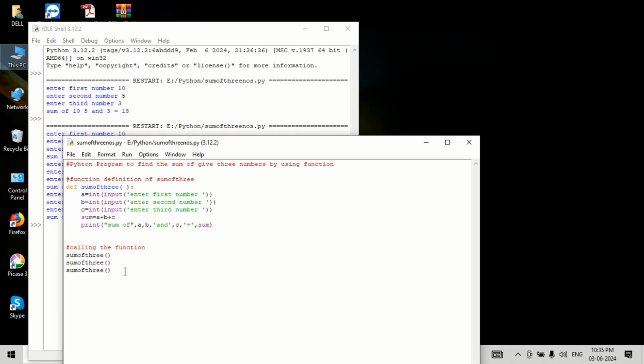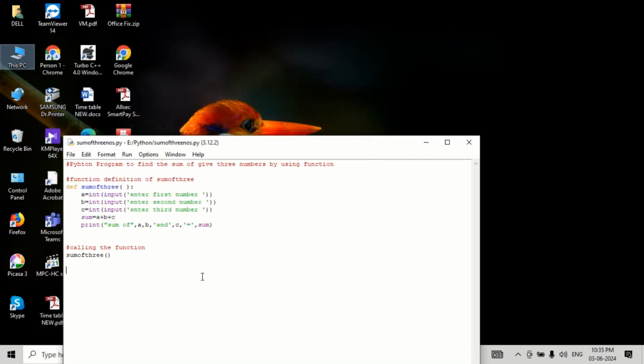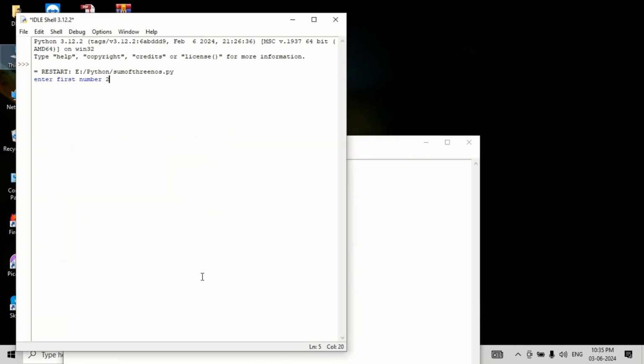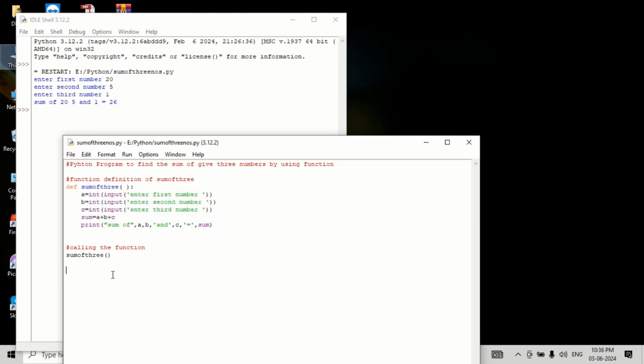But now we don't want that many executions. We just want to execute only one time, just to demonstrate the use of a function. Again save it, Ctrl S. If you want, you can close this interpreter, then press F5. The interpreter will be opened. So 20, 5, 1. Here the output will be the sum of 25 and 1 equal to 26. In this program I have written the function definition, this one, and I have called that function by using a function call. So in this video I have shown you how to write a user defined function in